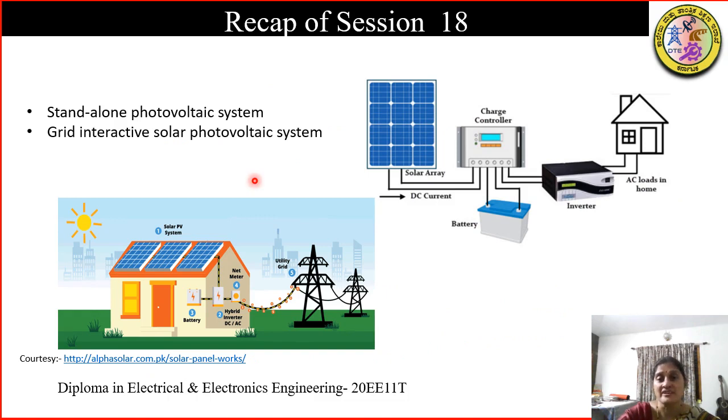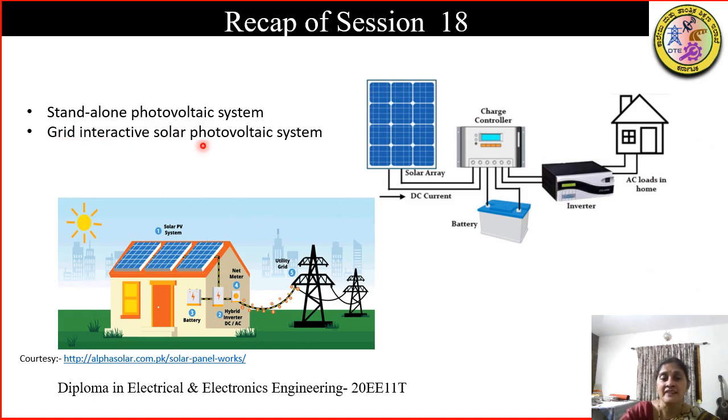Before we start session 19, let us have a recap of session 18. In session 18, we studied the stand-alone photovoltaic system, this block diagram. A stand-alone photovoltaic system basically is an independent unit. It has got nothing to do with the grid. So whatever power is generated by the solar array, the entire thing is used up either as consumption or as storage for the batteries. And for period of no sun, that is at night, the battery will supply power to the consumer. Thus, it's a total independent system.